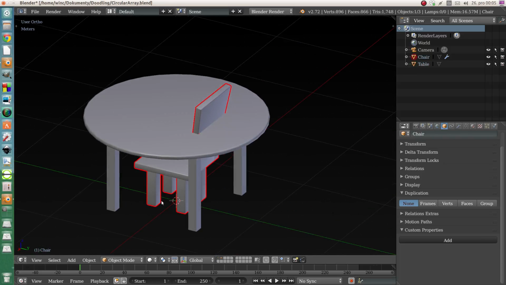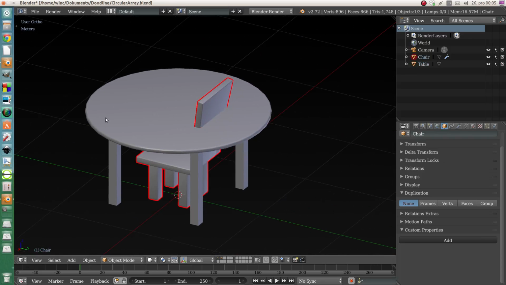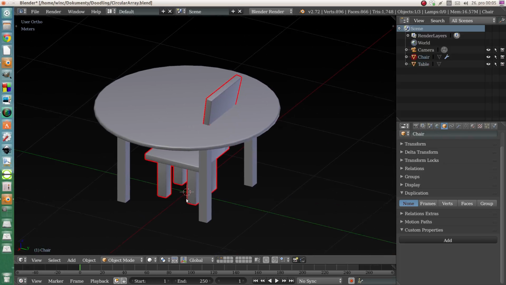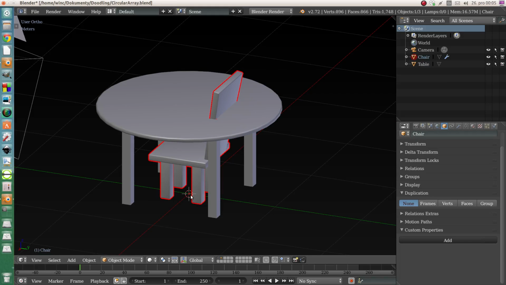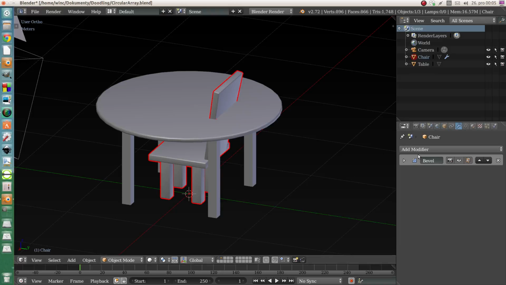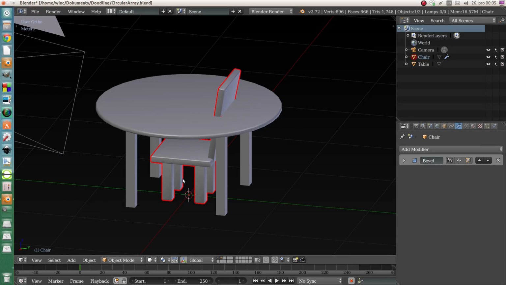So we will now manage to copy the chair around the table, and there are definitely several ways, or more than several ways, to achieve it. And just because I want the editability or live editing after everything is finished, I will definitely use modifiers, but not exactly on the chair, because I found out that it's kind of hard to make it with array modifier,